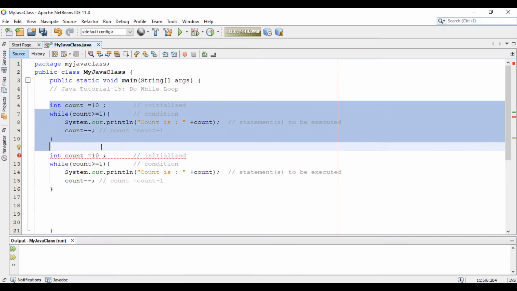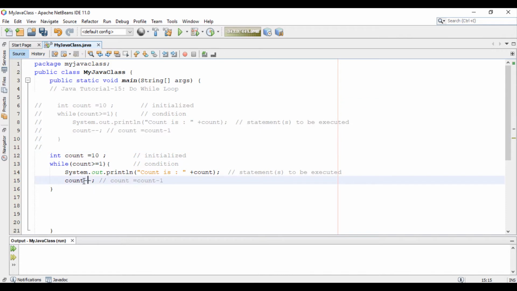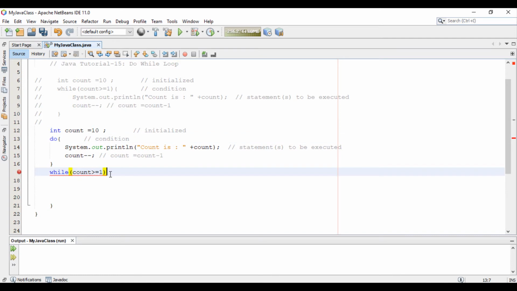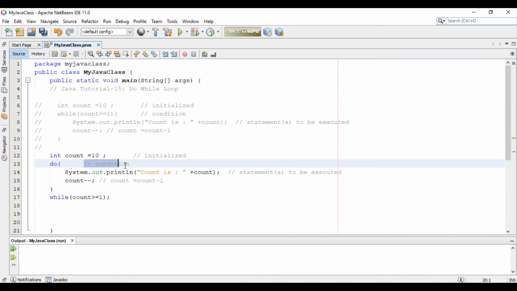To comment out, Control Shift C. Now we will print 10 to 1 using do while loop. We have already seen how to print 10 to 1 using while loop in Java tutorial 14.